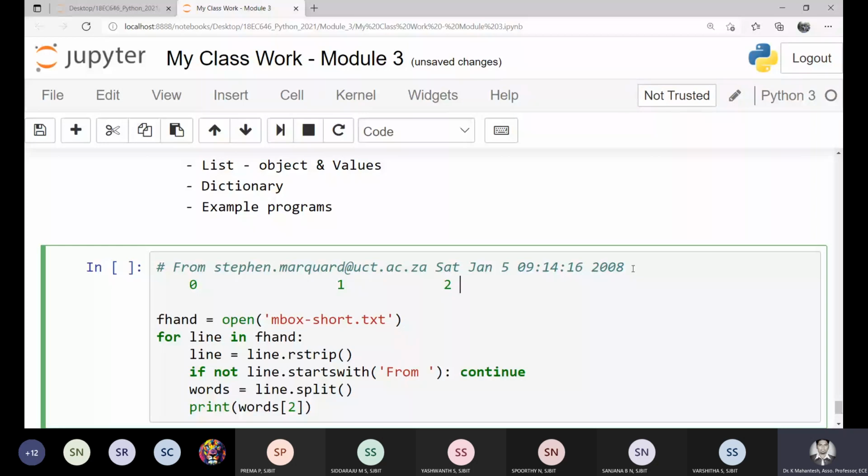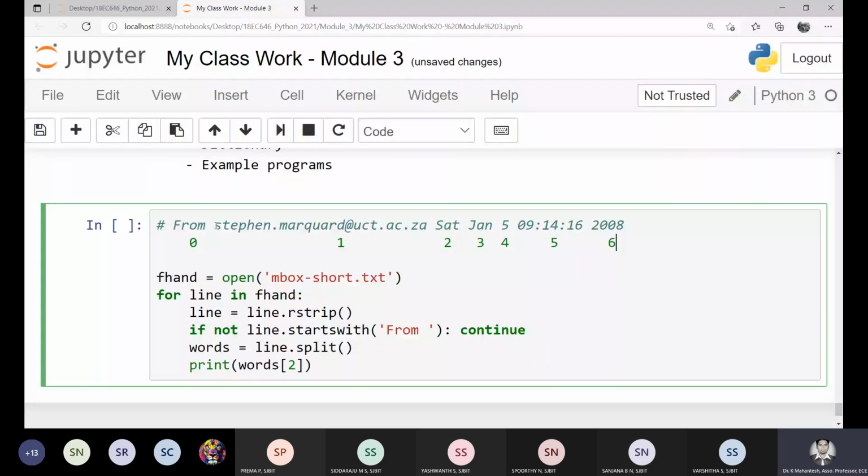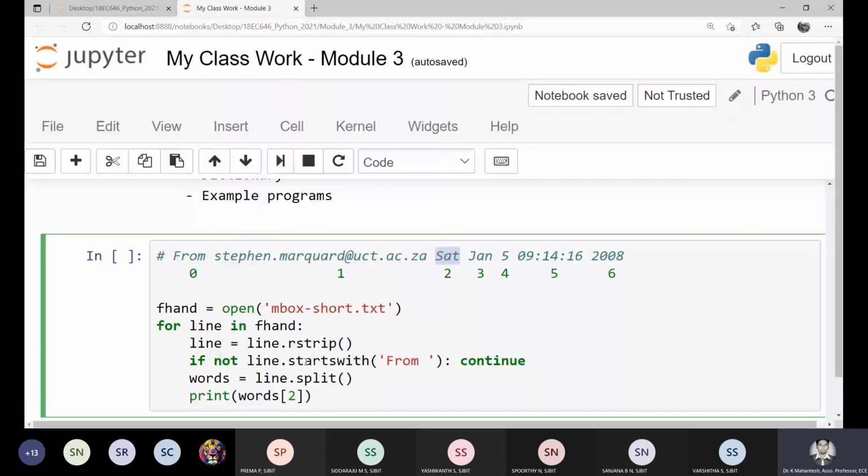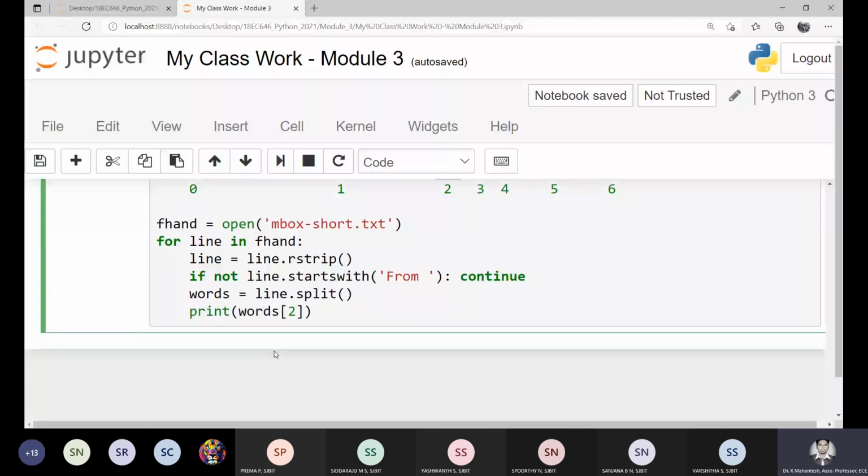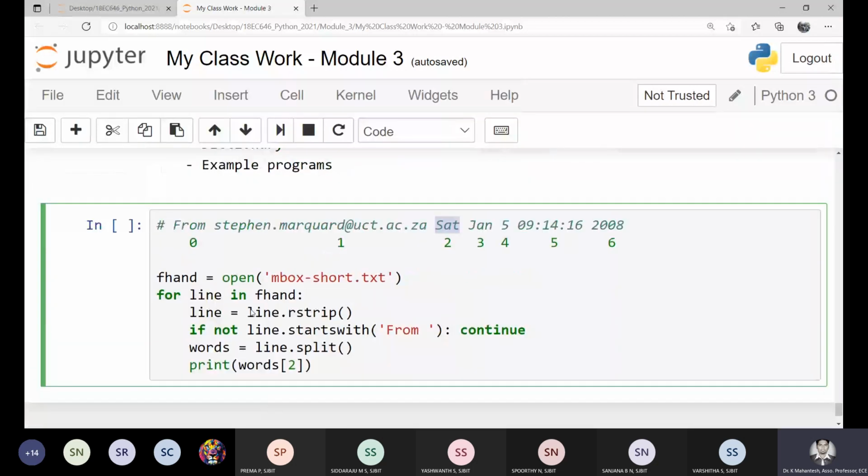So the words would be like from, Stephen. This would be your second word in the list. This would be your third word. So I simply say print words in square brackets 2. That means you're trying to access the element from the list which is at index 2. Now if I run this program,